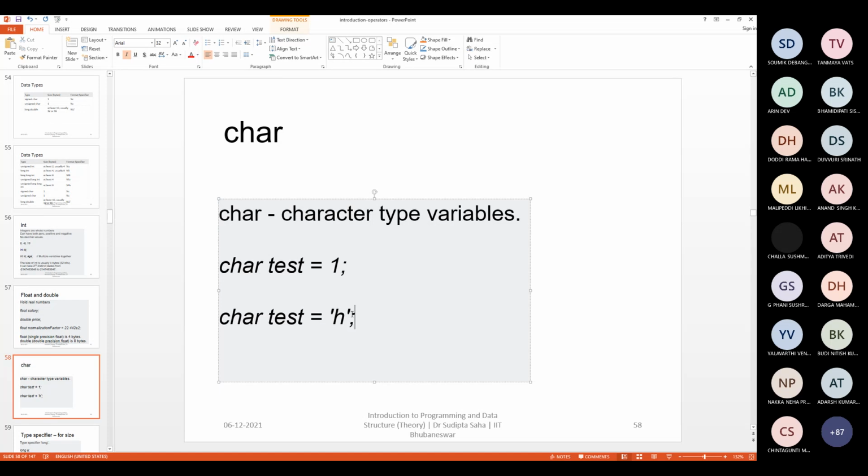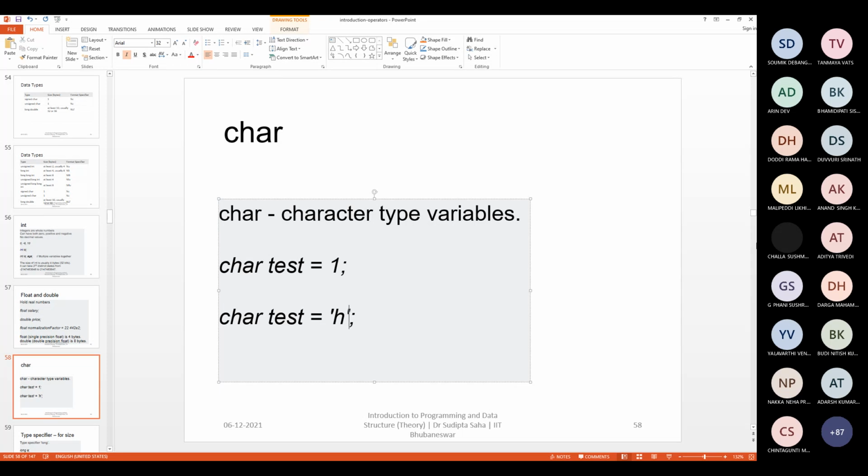So when we are storing character test equals to character H within single quotes, this means that H is internally converted to an integer, and that integer is going to be stored inside this test. That is the internal mechanism happening when you write this. When things are compiled, ultimately the variable test will be storing the integer representation of this character literal H.